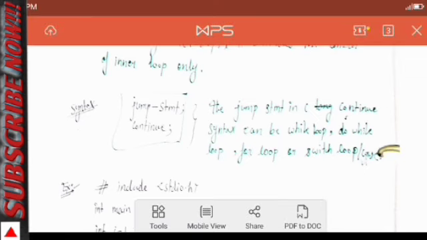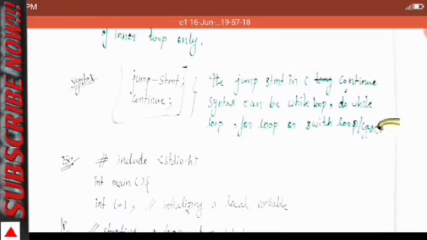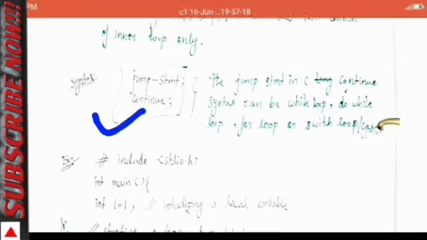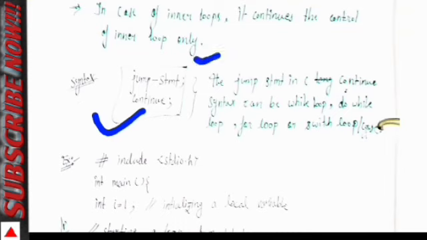So the syntax is jump statement, then the continue keyword. The jump statement in the C continue syntax can be while loop, do while loop, for loop or switch case.